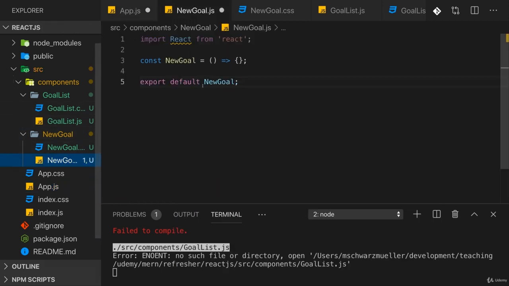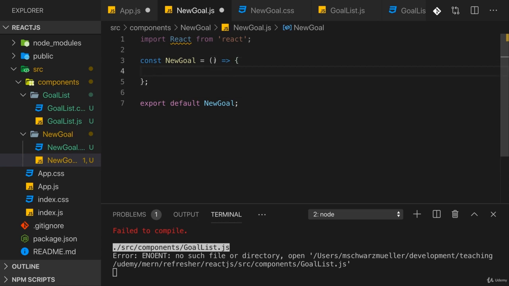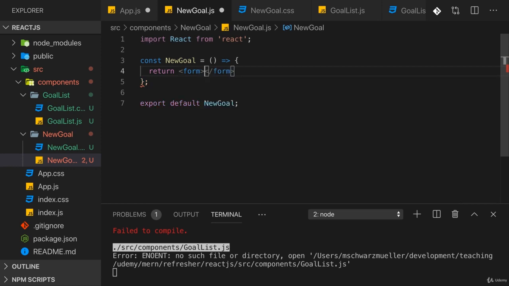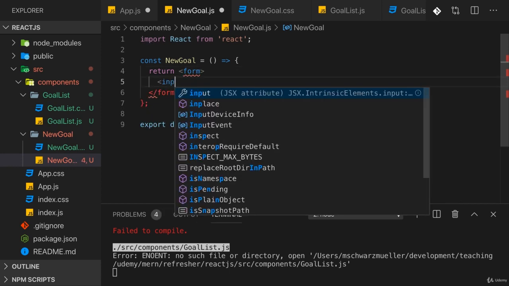Now this wouldn't work because new goal is not yet a valid React component because it's a function right now, but it's not a function that works as a React component because it's not doing one crucial thing. It's not returning JSX. So let's return some JSX here. And there, to keep things simple, I'll add a form. And in that form, I'll add an input field,